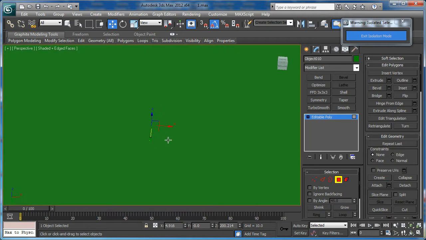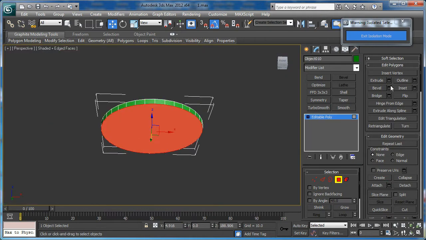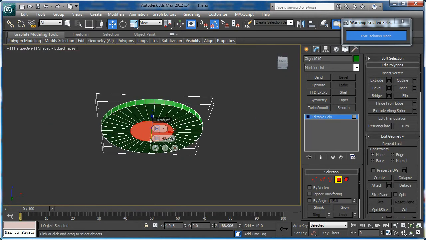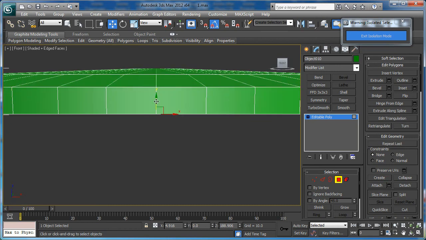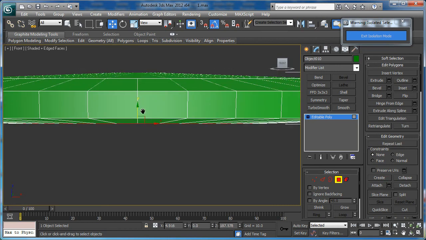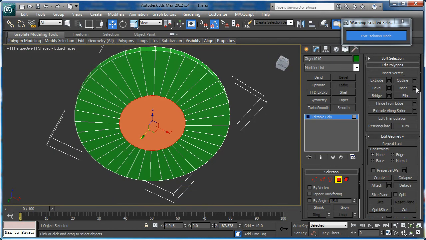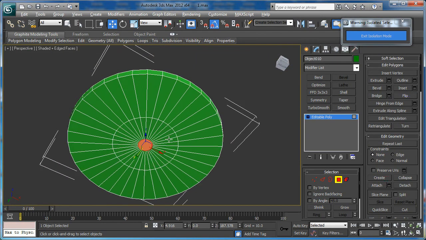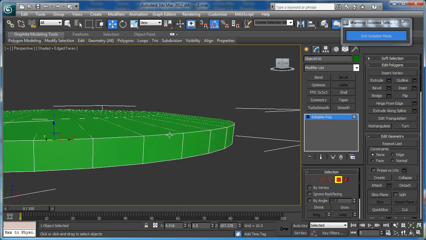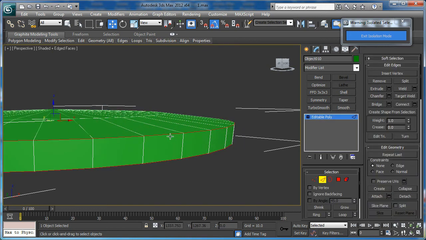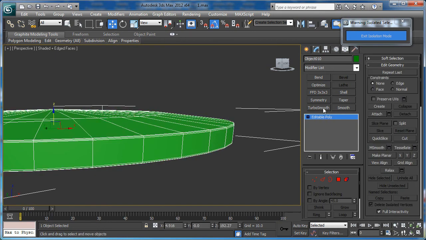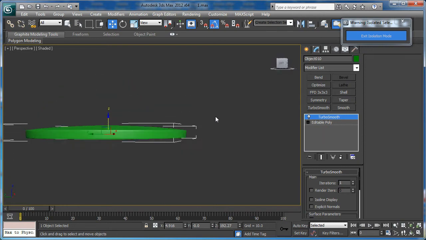Let's do this with the bottom polygon also and just a little bit. Let's apply inset again and apply chamfer to the loops. Now apply turbo smooth and